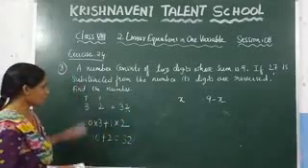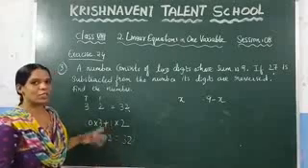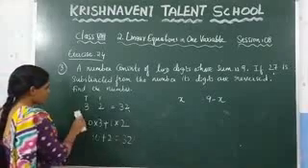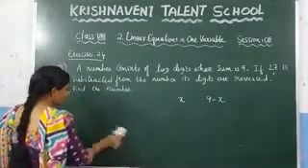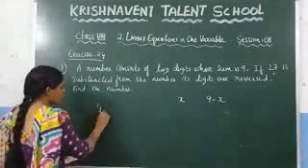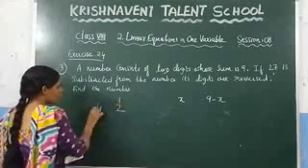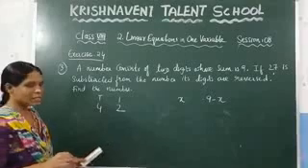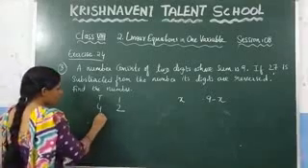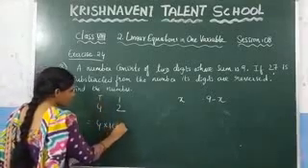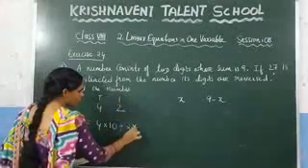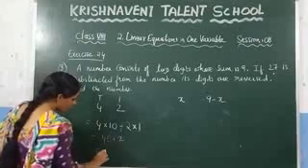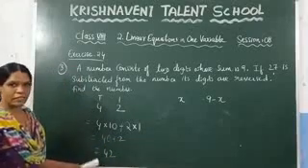If you are given any 2 digits, how do you write the number? Just multiply the place values of the digits so that you will get the number. Let us consider one more number for clear understanding. Let us consider 4 and 2, where this is the ones place and this is the tens place. If you want to write this number, you just need to expand it. 4 into 10 plus 2 into 1. The value of 4 into 10 is 40, plus 2, and you get 42. Like that we got it.